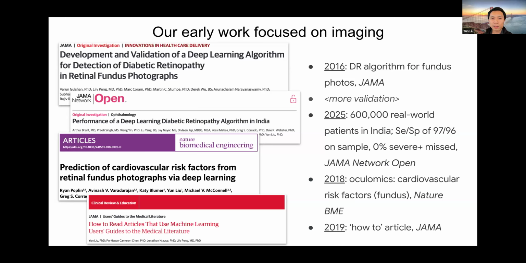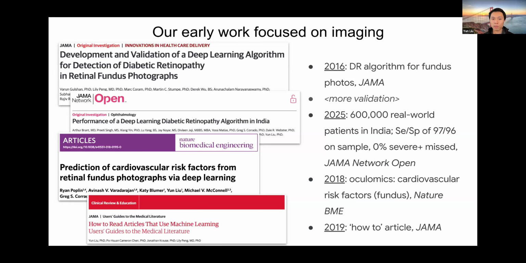Long story short, it worked pretty well. We published a paper on it. Then we worked with many more partners to do more prospective validations, and eventually worked with partners in India to launch this in real-world screening. Since then, it has screened over 1 million patients. A few years ago, when it was roughly at the halfway mark in screening numbers, we did a real-world validation or monitoring study. We took all of the images captured so far and randomly sampled about 5,000 of them. Those images were then sent to specialists to look over again.